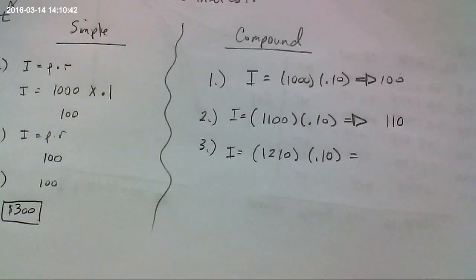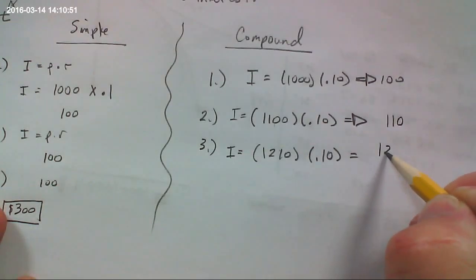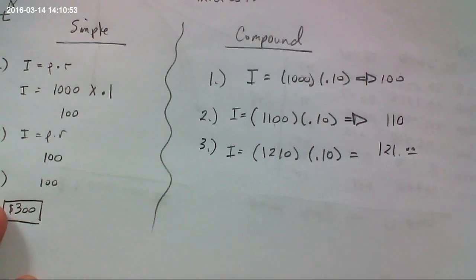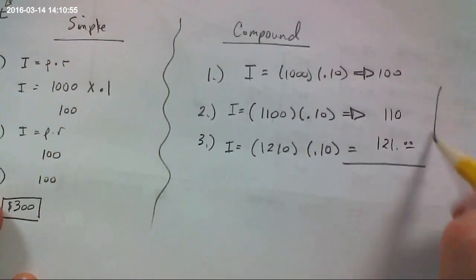Is that right? Did I add it right or wrong? It's good? How much interest is that? So the total interest would be